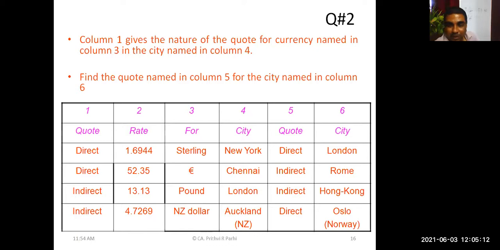This code is already there with you. Now, when you are dealing with multiple parties, different parties will be asking you different kinds of codes. Now you have to convert it. But so far as this code is concerned, you don't have to do anything. Because the party is asking indirect code from Rome, that means he's asking direct code from Chennai. Same price, 52.35.